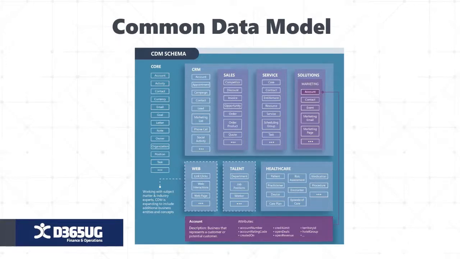Like, for instance, if you look at the talent app here, I will show the demo in a second, by the way. So some of these apps, like talent, is not a good example. So look at the CRM account and contact. You see, there is a core entity called account and contact. Yep, and we have the same in CRM. So they extend the core entities. So in other words, CDM provides the consistent data representation across multiple applications.